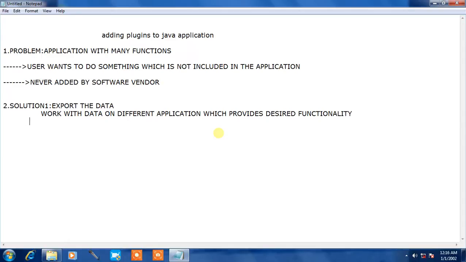After working with the data, now re-import the data. Through this procedure, we can overcome the above problem.